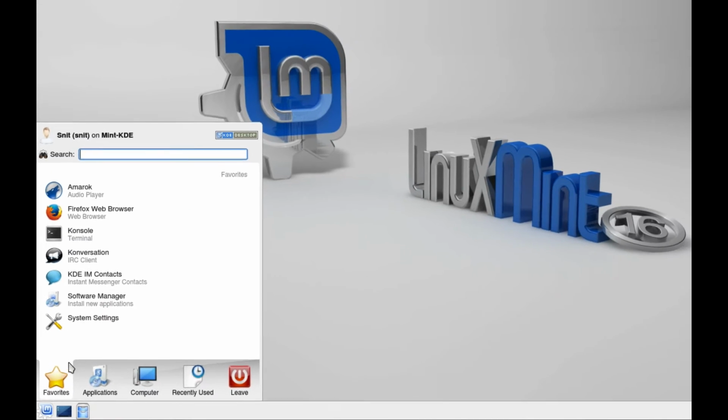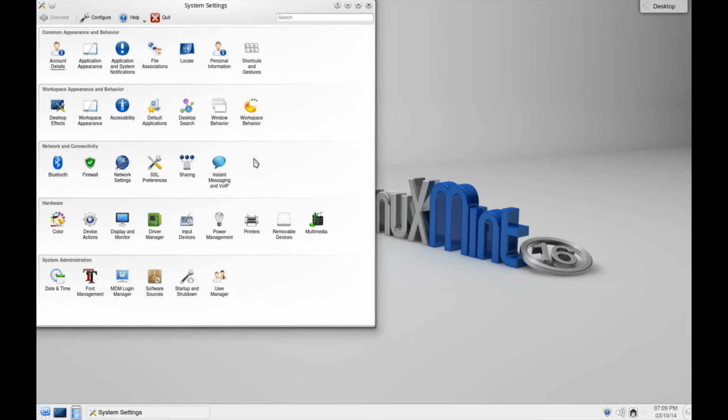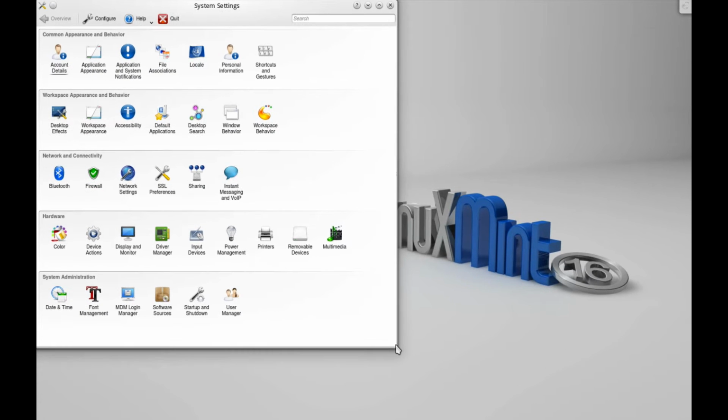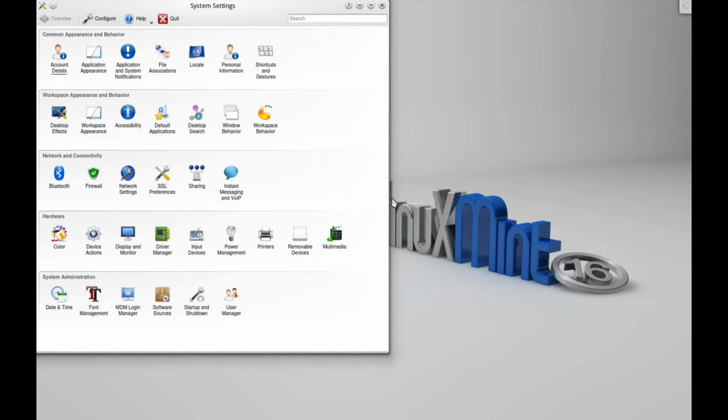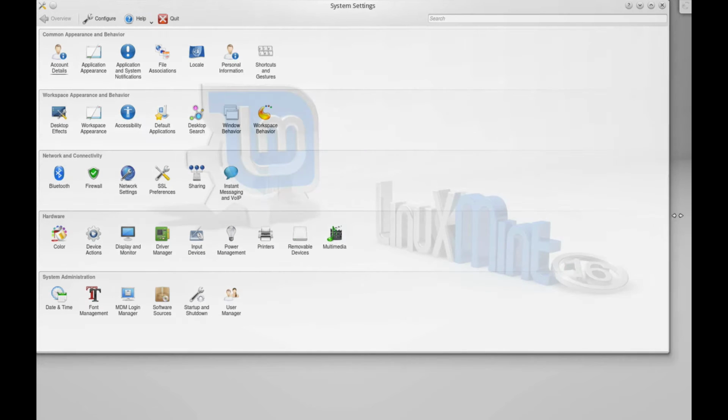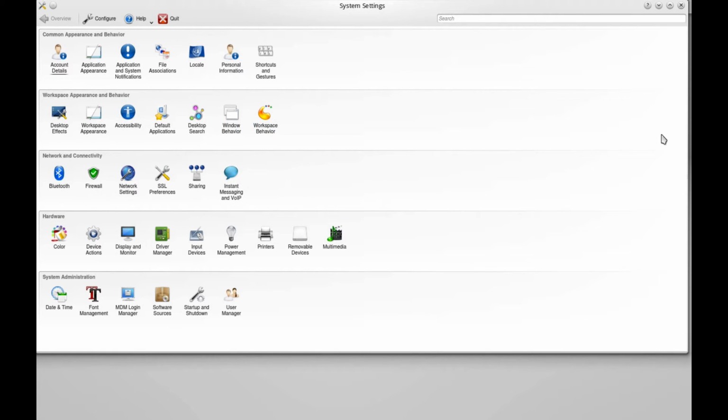I'm going to go to Favorites. I'm going to go to System Settings. And here we have this. When I first opened it up, I found it a little silly that it opened up much smaller like that, and I had to resize it. Again, not a big deal, but you'd think they would think about that. And next, I have this way over here, but there's nothing over there, and you can't even put anything over there. Now granted, if I added more things into here, I'm sure you can change some of that,